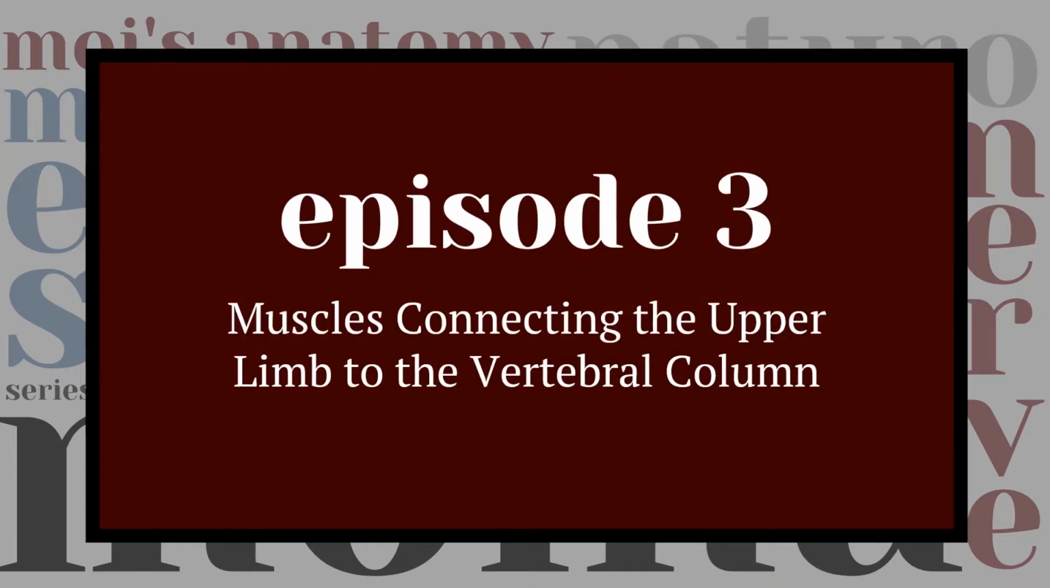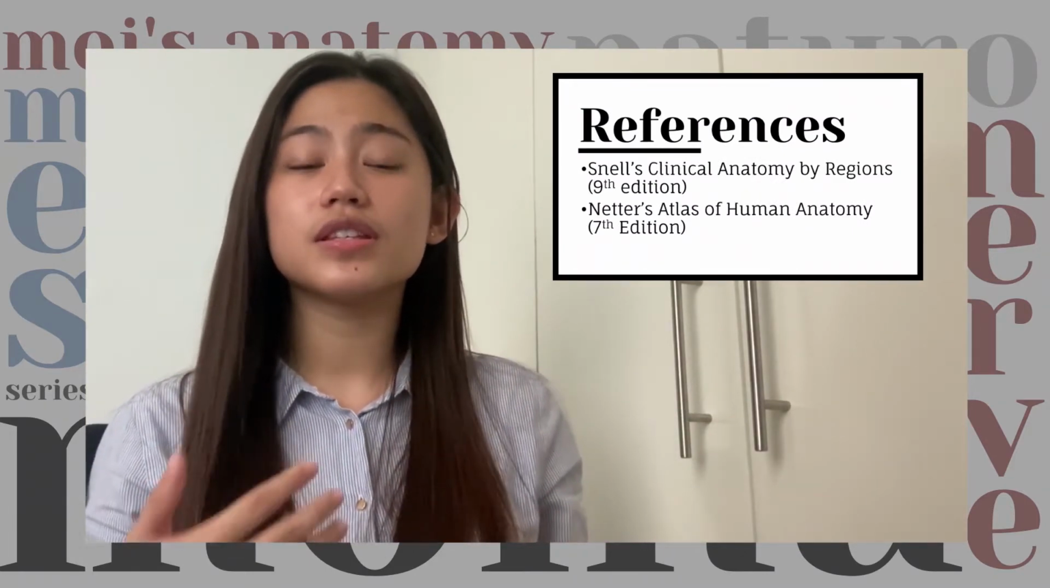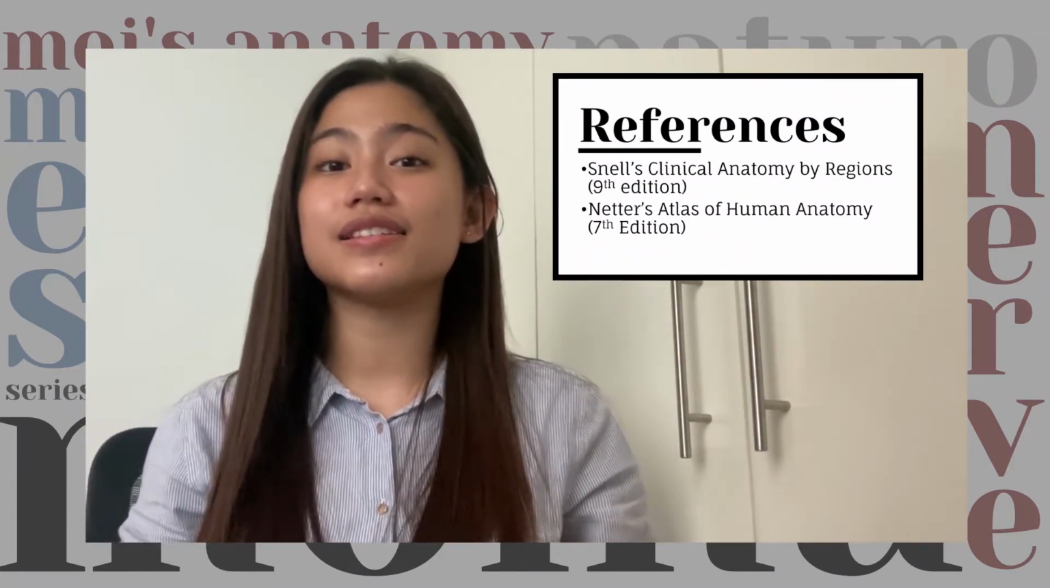This episode is about the muscles connecting the upper limbs to the vertebral column. And these are the Trapezius, Latissimus Dorsi, levator scapulae, rhomboid minor, and major muscles. Now let's get started. Disclaimer, the pictures and illustrations used in this video are from the Netter's Atlas of Human